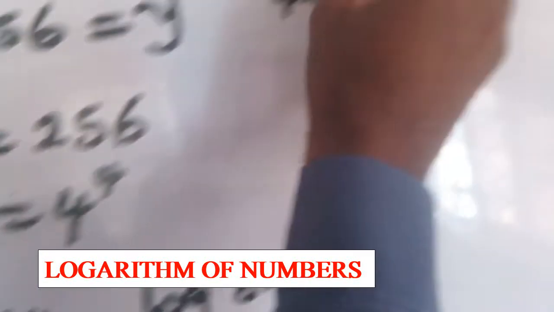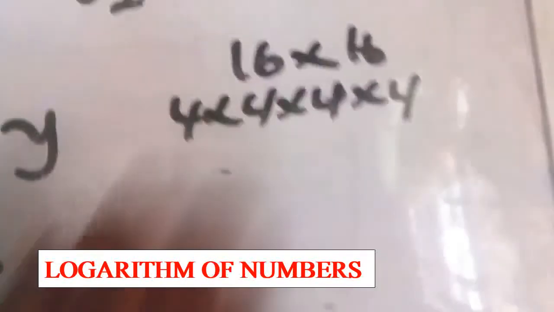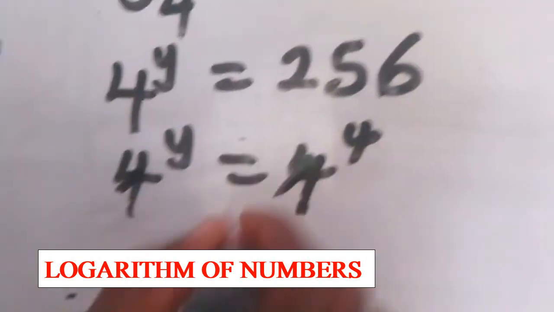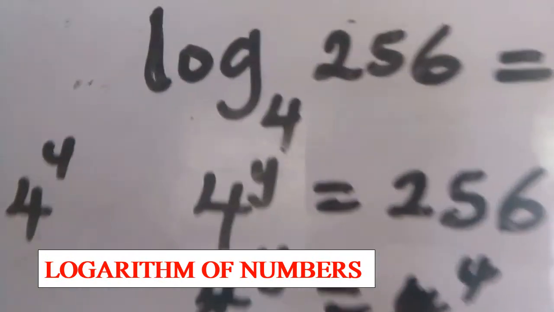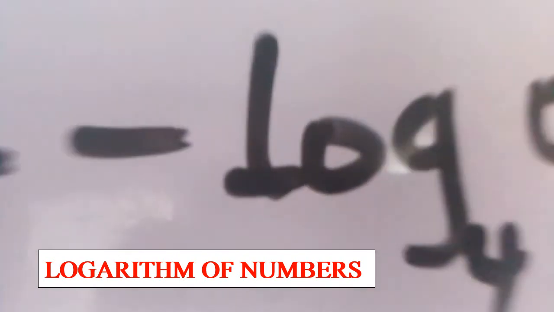So 4 raised to power y is equal to 4 raised to power 4. You have the base the same, so your y is equal to 4. That is the solution to the first number there. So y is equal to 4. B, we have